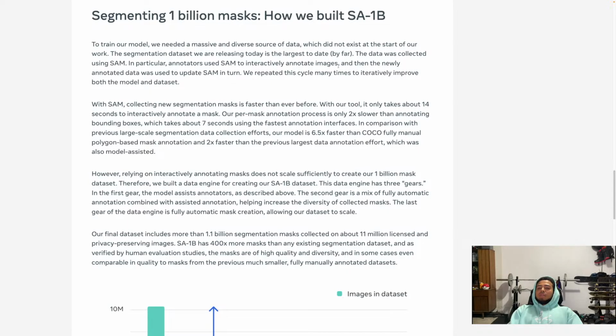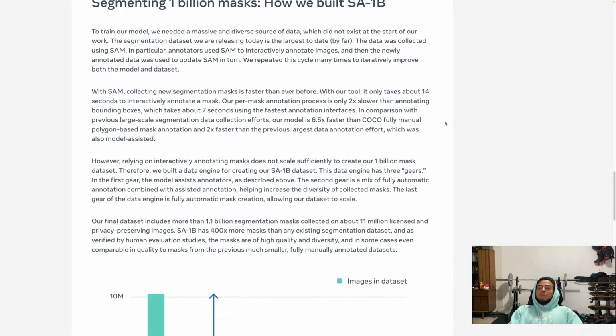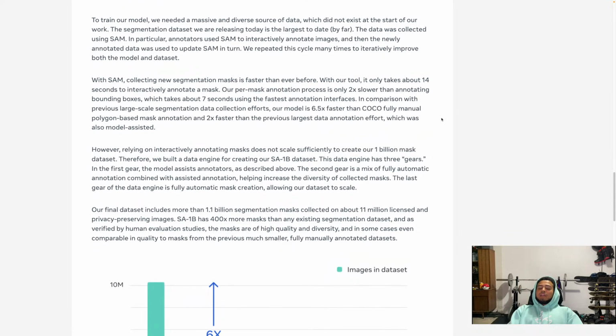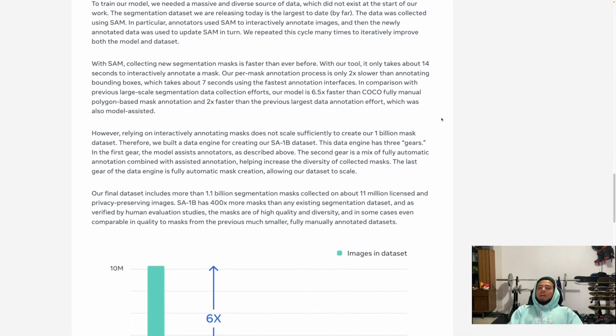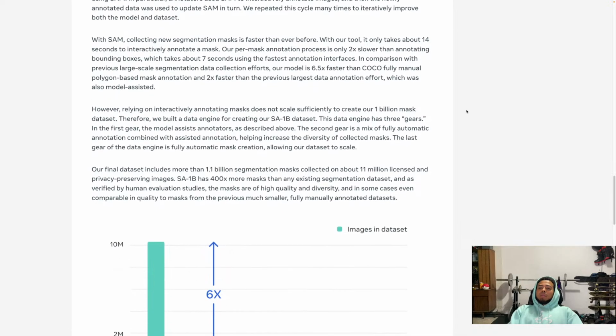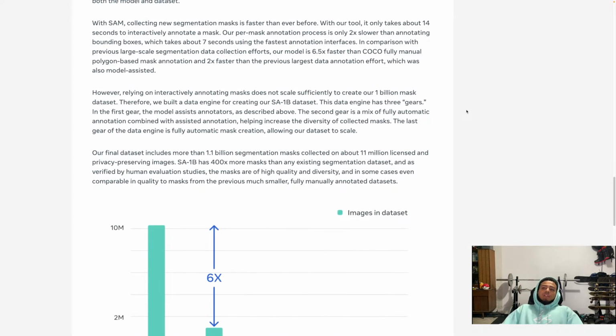So yeah, they use SAM to make this dataset. With SAM, collecting new segmentation masks is faster than ever before. With our tool, it only takes about 14 seconds to interactively annotate a mask. Our per mask annotation process is only 2 times slower than annotating bounding boxes, which takes about 7 seconds using the fastest annotation interfaces. In comparison with previous large-scale segmentation data collection efforts, our model is 6.5 times faster than the COCO fully manual polygon-based mask annotation, and